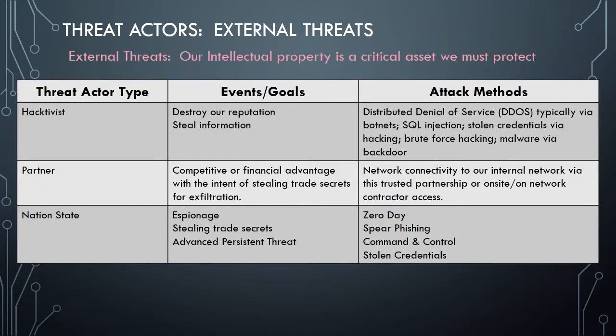So external threat actors, again, this is the nation state threat actor, typically via the advanced persistent threat. Hacktivists typically target websites to destroy our organization's reputation, steal incriminating or embarrassing information, and so on. Partners are external threat actor risk as well, and I'll show you a recent example of this in just a bit. The partner threat actor looks for network connectivity to our internal network via the trusted partnership for lateral movement or the theft of IP. So all of these can be remediated inside of a CTIP.